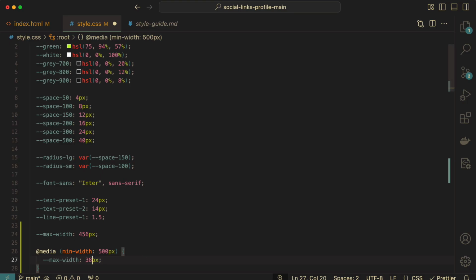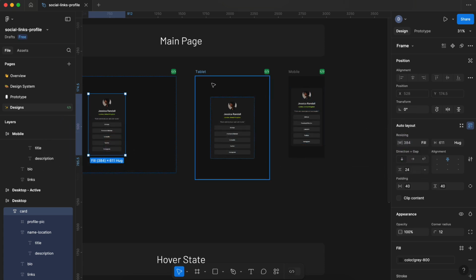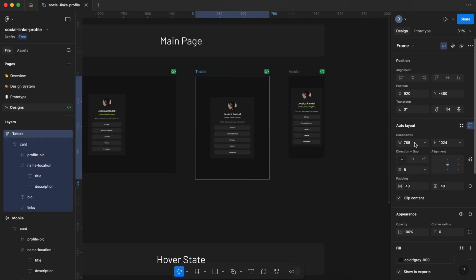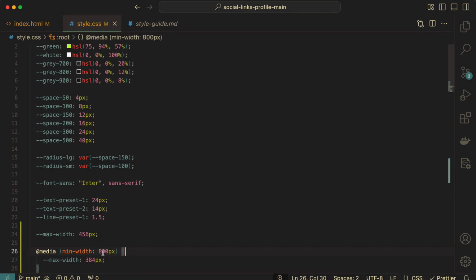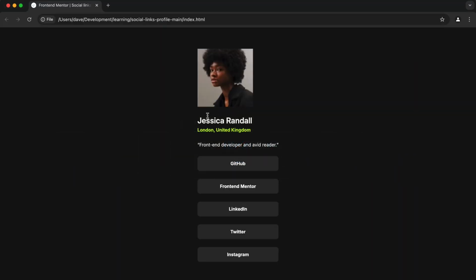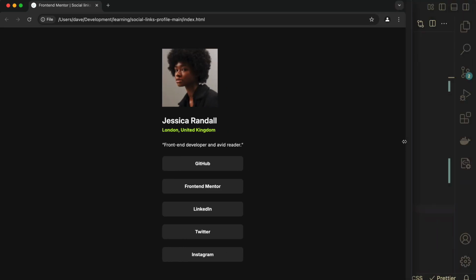384. Okay. There we go. So if it is bigger than 500 pixels, we should get this size. Now that I'm thinking about this, this is actually wrong. It should be more like 800, because it is the tablet size, and the tablet size here is 768. So if you wanted to, you could go 768 and have it done. I'm just going to round up because I'm lazy. But 800 pixels, which means that now if we go here and refresh, it should get